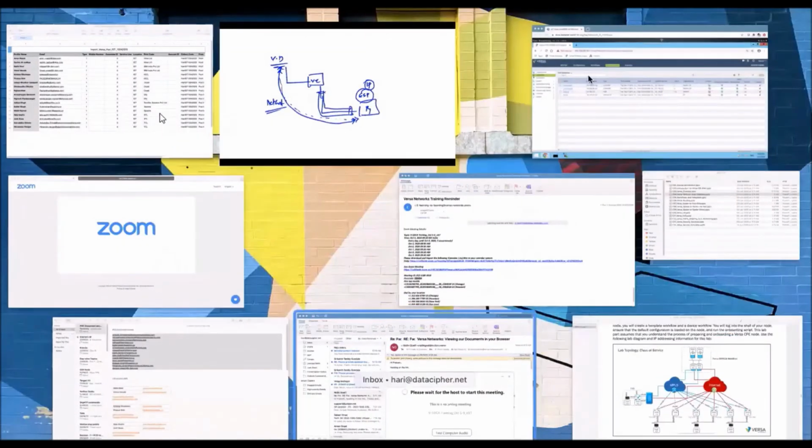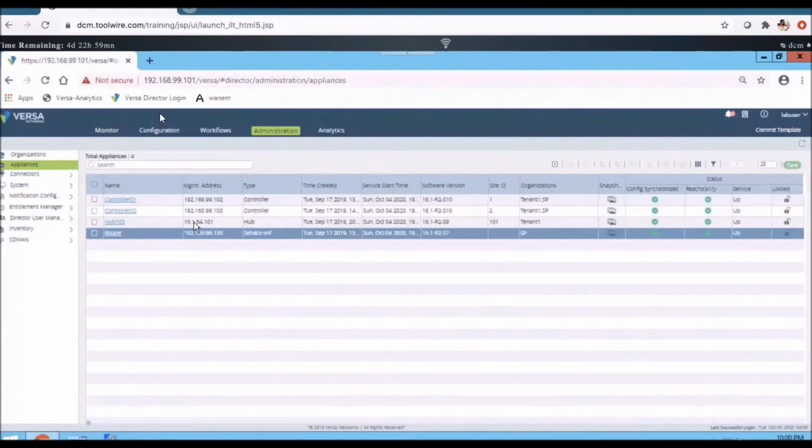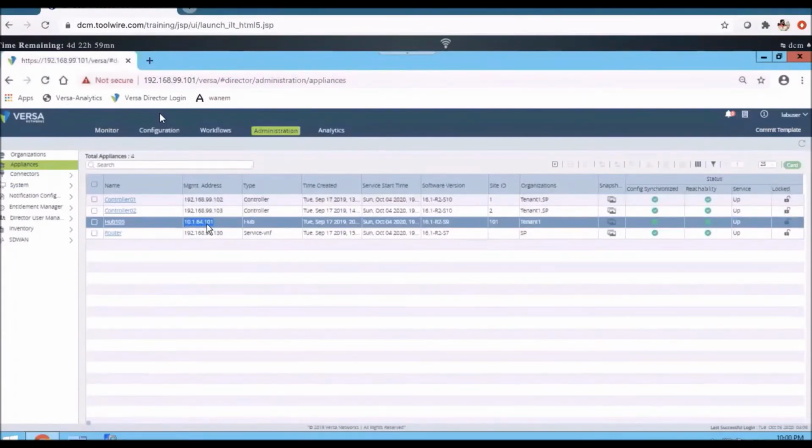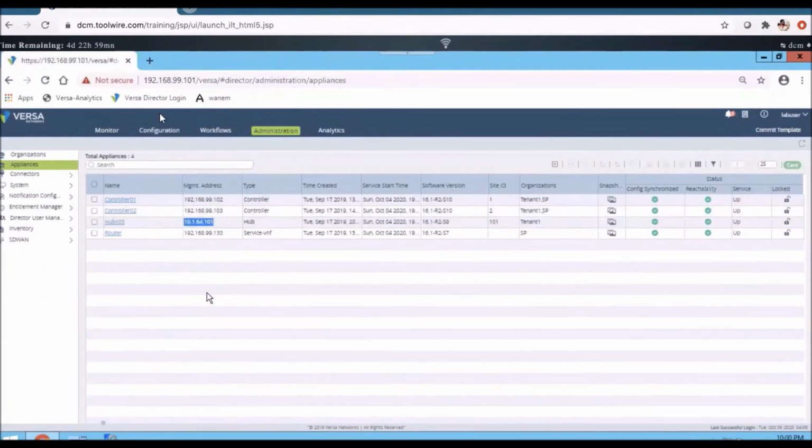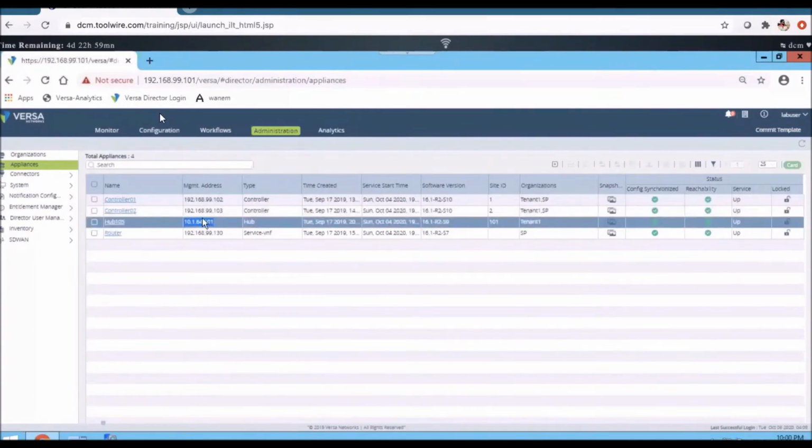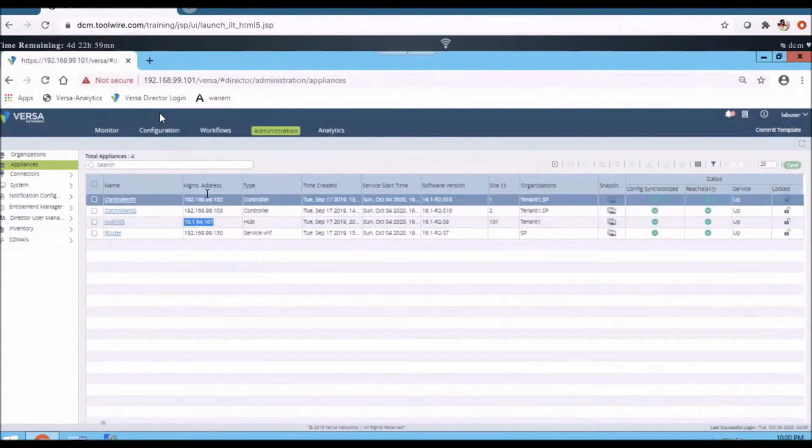If I look at this IP address, 10.1.64.101, it is nothing but the overlay IP address, that is the ESP IP address, meaning the tunnel IP. Do we need to add the management IP manually? No, this is not the management IP address. The upper one, 192.168, is the out of band management access. We have to explicitly add it.